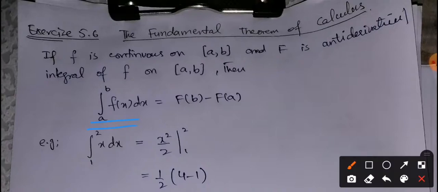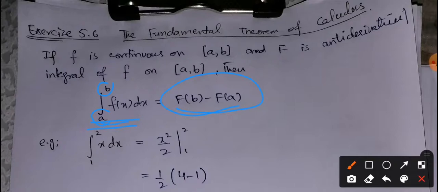The basic difference between definite and indefinite integral is that in case of indefinite integral we integrate a function and we get a function as an answer, but in case of definite integral we define some boundary points or limit points that are going to define the functional value, not the function as an answer. So in case of definite integral we get a numerical value but not a function.